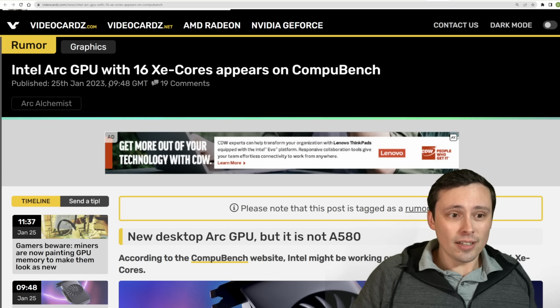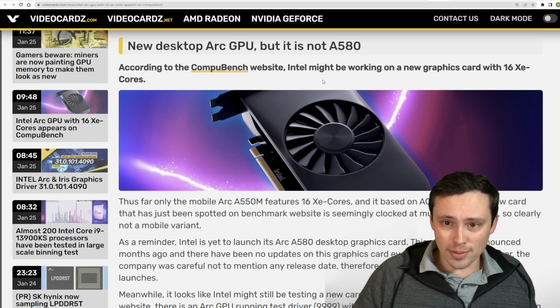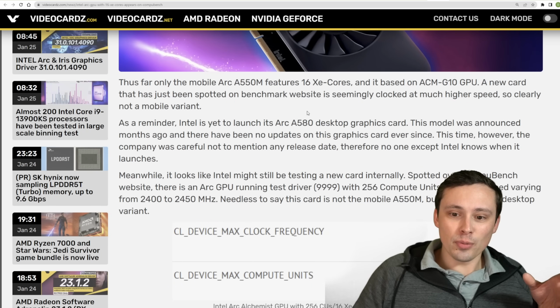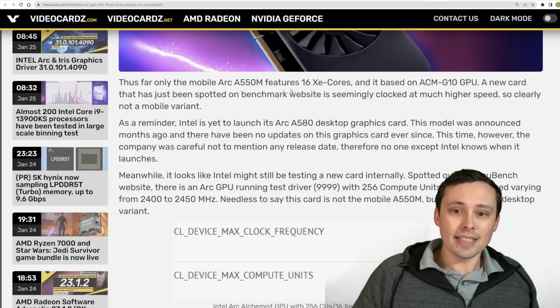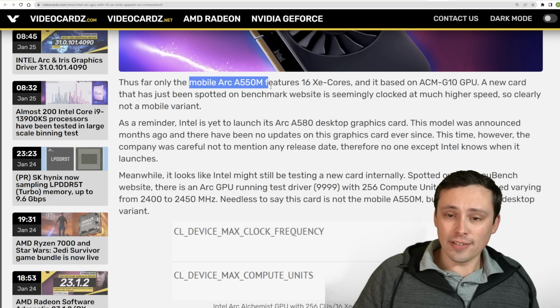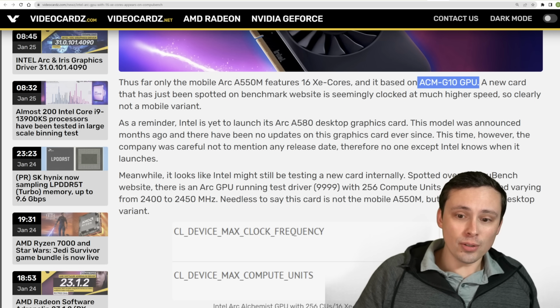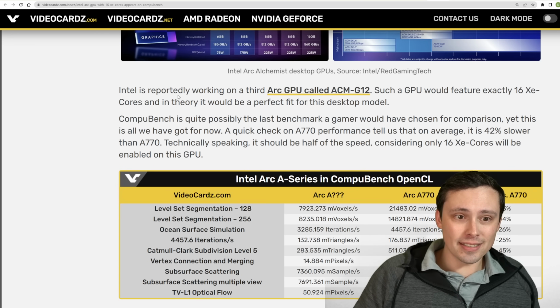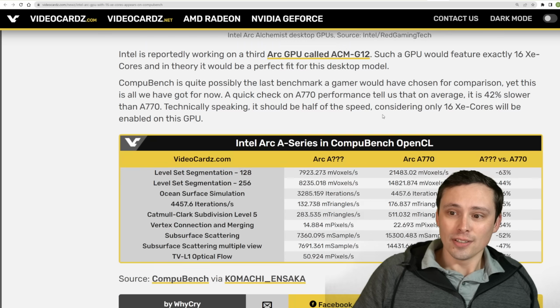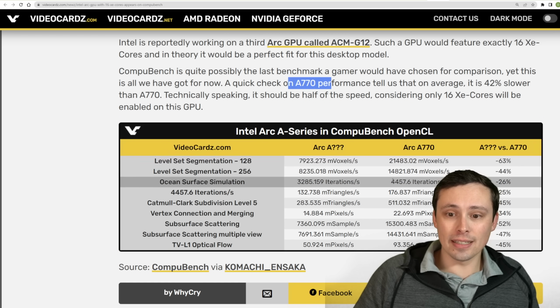Now, in other Intel Arc GPU news, according to the CompuBench website, we're seeing reports of an interesting GPU that we wouldn't be expecting, because it has 16 Xe cores, but so far only the Mobile Arc A550M has 16 Xe cores, and that's based on a different GPU than the one that we're seeing listed here. So it's a little unclear what exactly this is, and this is not a great gaming benchmark. Whatever this is, it's 42% slower than the A770 in this benchmark,